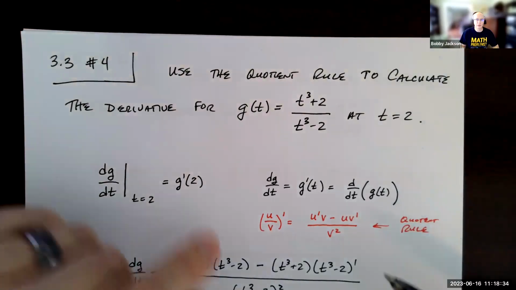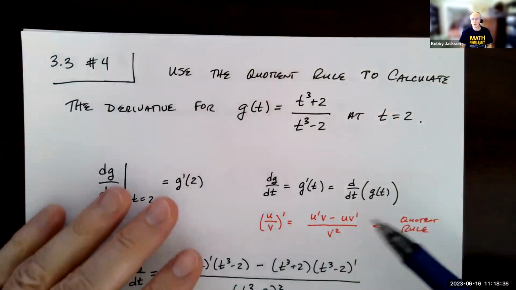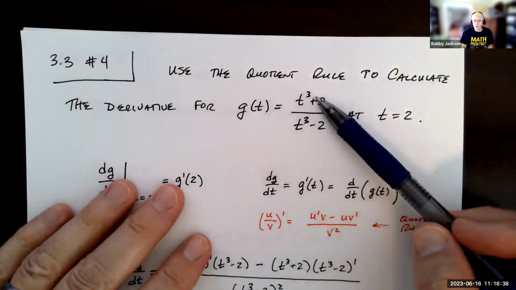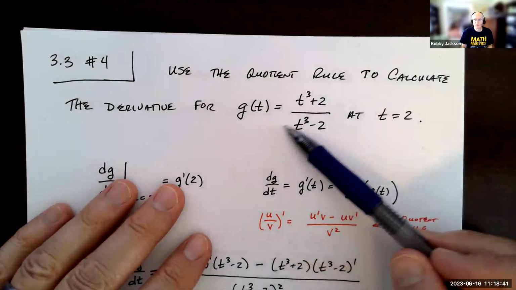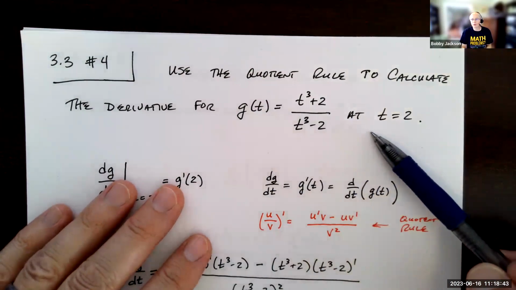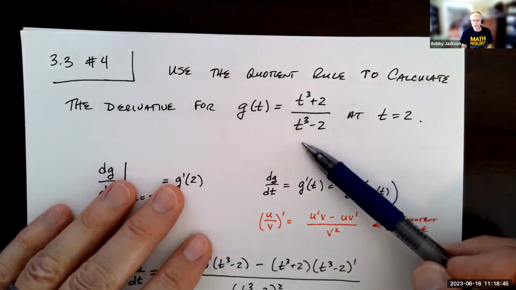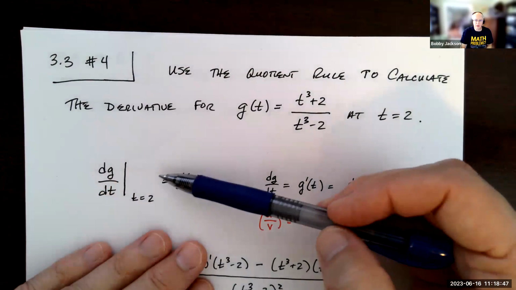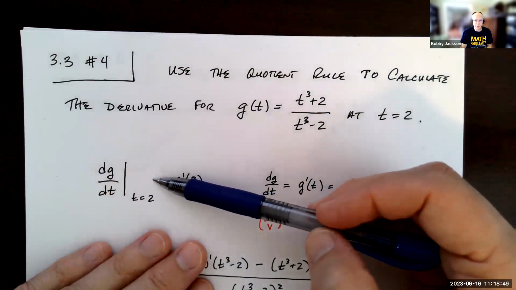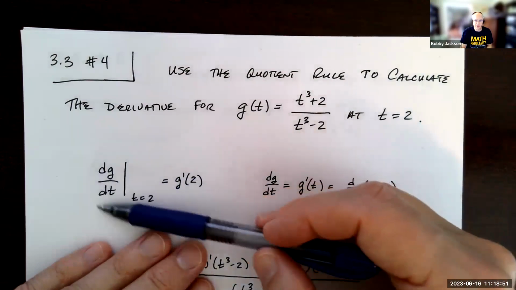Everyone, we're going to look at number 4 in section 3.3, where we're going to use the quotient rule to calculate the derivative for this function at t equal 2. Notice the independent variable here is t. And when you look at the place to enter in your answer, they've got this symbol, so make sure you